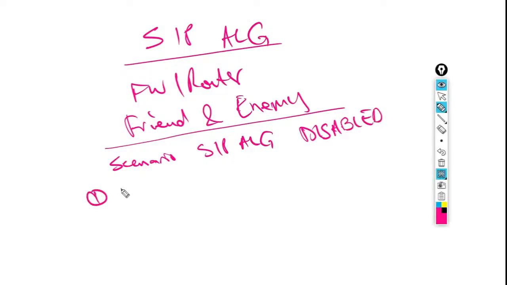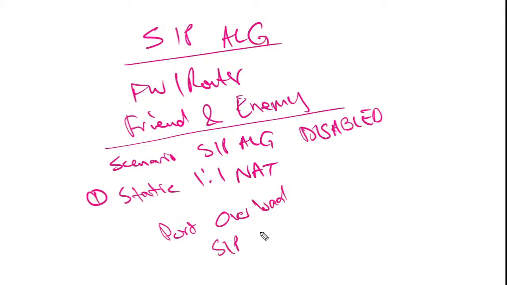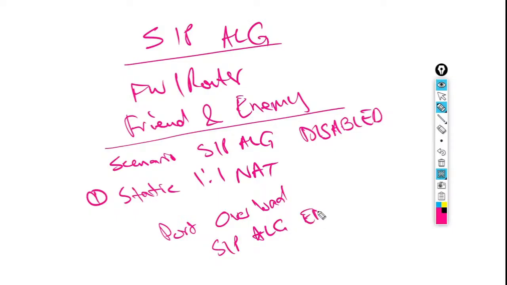When we've got a static one-to-one NAT, we don't need SIP ALG enabled. But when we are doing port overload, okay, let's say overload, we will need SIP ALG enabled,